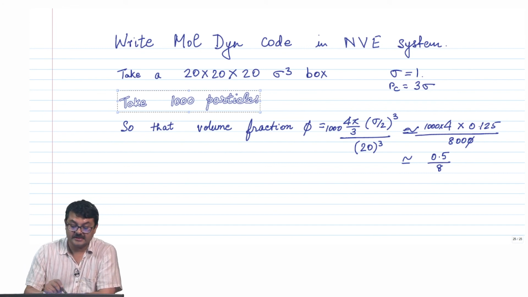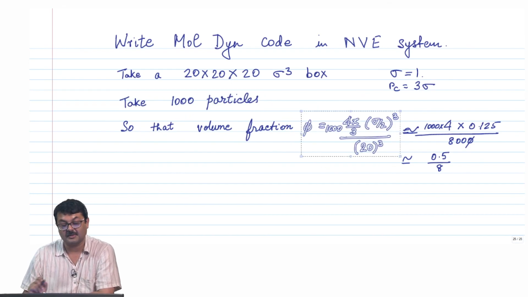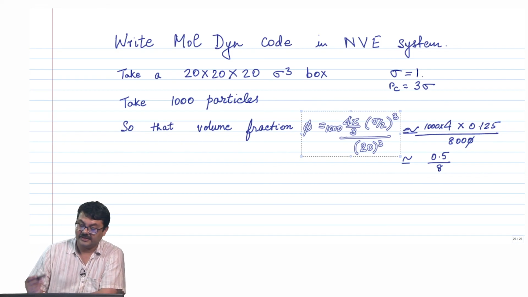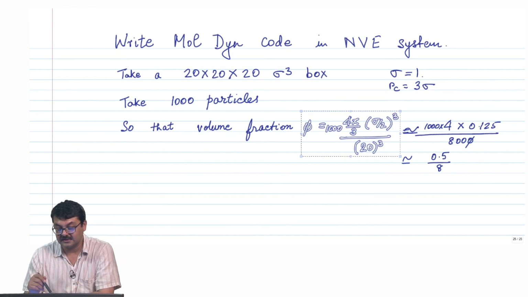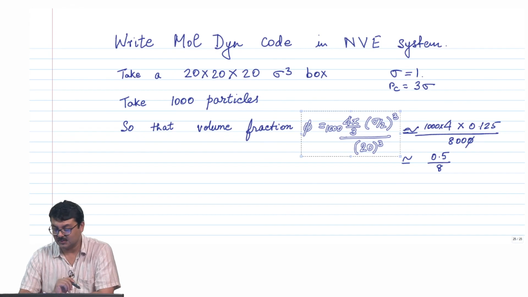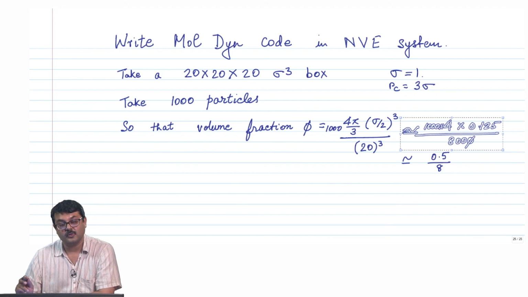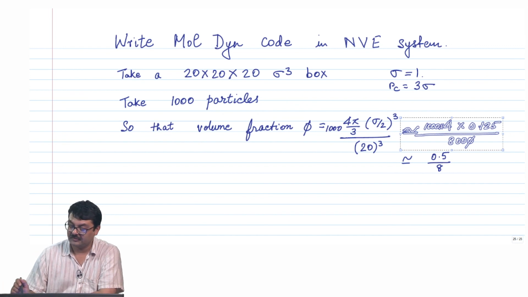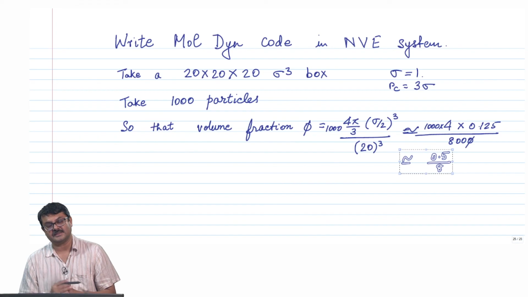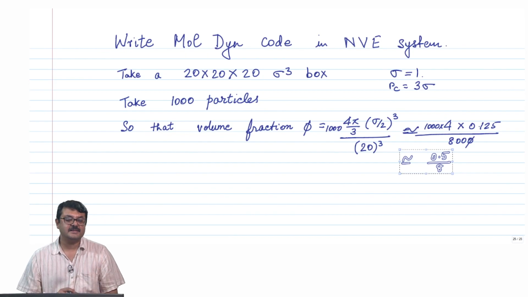And if you have 1000 particles in a 20 cross 20 cross 20 box, then the volume fraction will be 1000 into 4 pi by 3 into sigma by 2, the radius of a sphere, cubed, by 20 cubed, right. This is the volume of the box, and if you assume pi by 3 as an estimate to be equal, then basically what you get is 1000 into 4 into 0.125. Why? Because sigma by 2 is 0.5, and 0.5 cubed is 0.125. The volume fraction is low, less than 10%, less than 0.1 if you can calculate it. So, this is a weakly interacting system, and you can choose epsilon to be 1, epsilon being the depth of